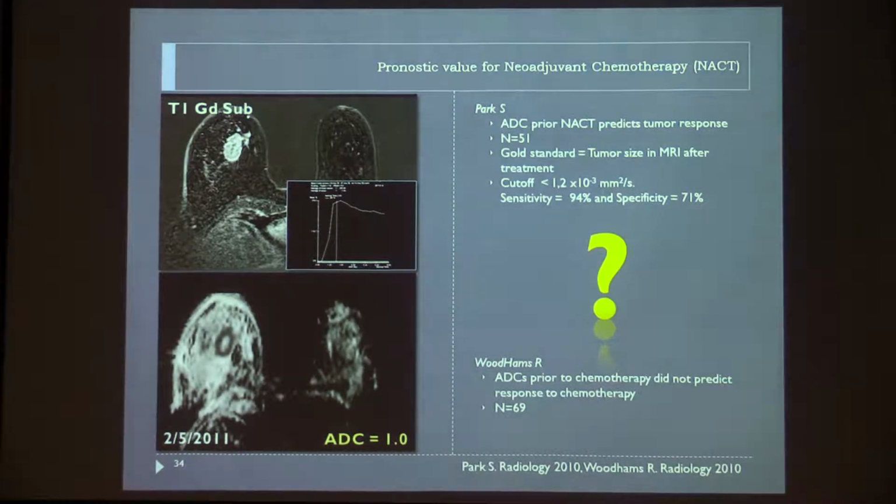Some people tried to determine whether diffusion at baseline could predict the response to neoadjuvant chemotherapy. The first to do that was Park in 2010, and they found that yes, if locally advanced breast cancer has an ADC lower than 1.2 at baseline, before starting the treatment, this cancer is supposed to have a complete response. The same year,